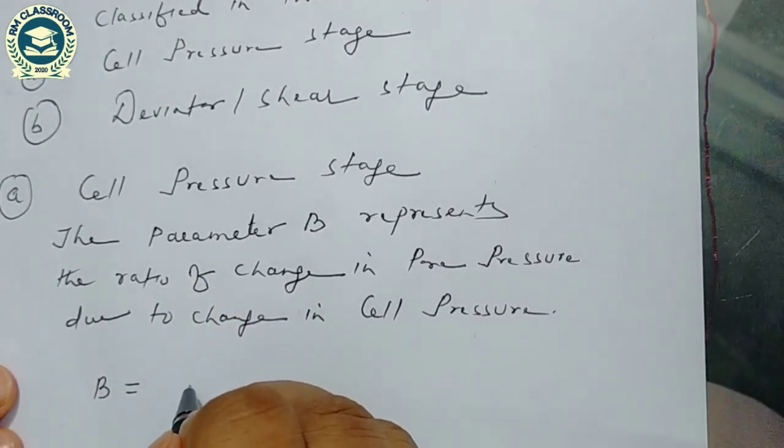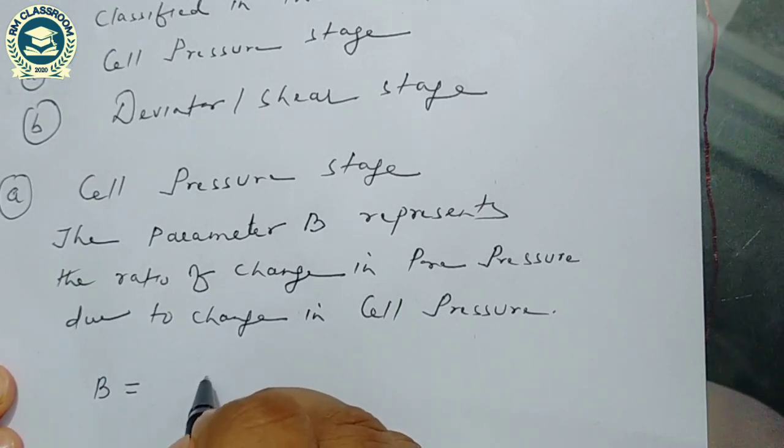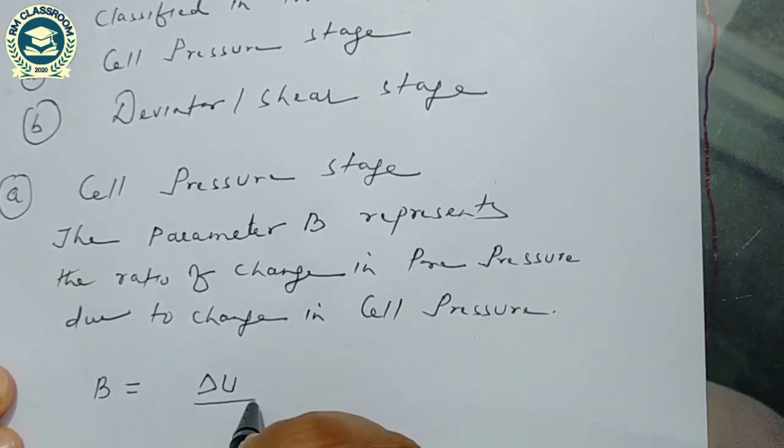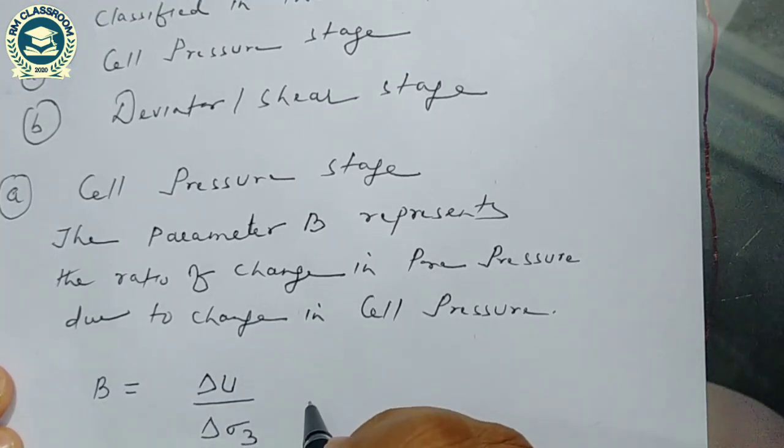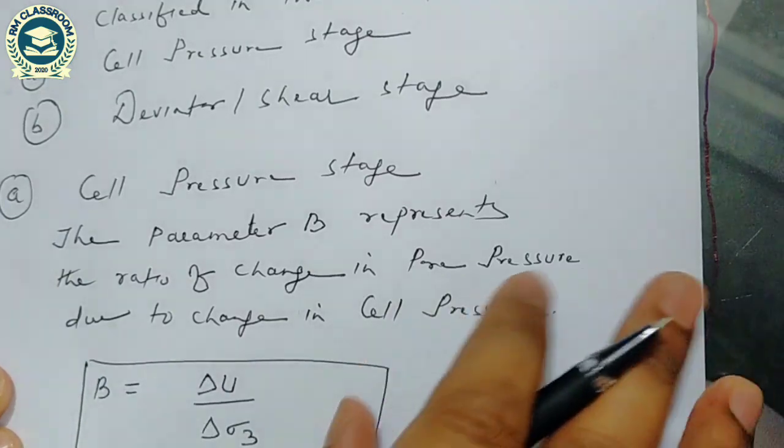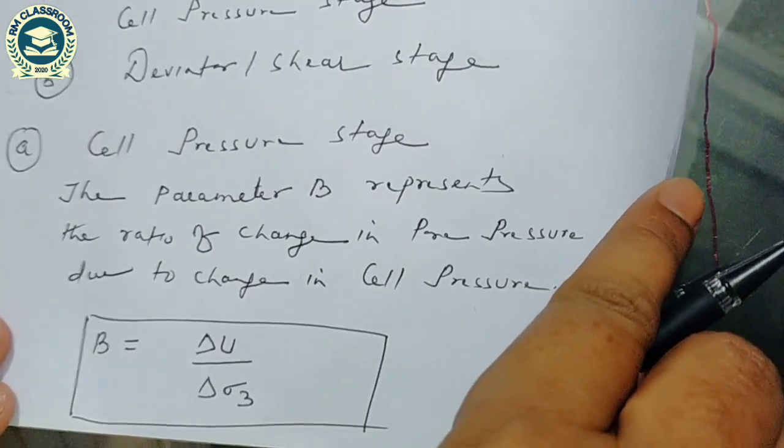So pore pressure parameter B is the ratio of change in pore pressure divided by change in cell pressure. This is the Skempton pore pressure parameter named as capital B,